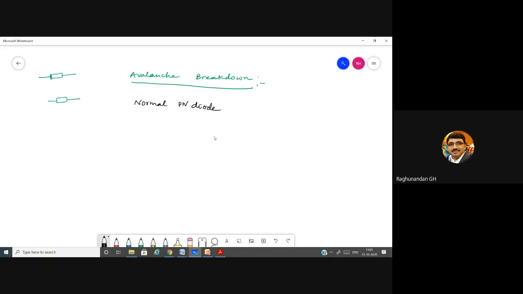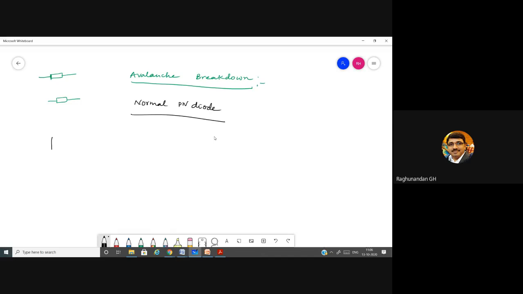In a normal PN diode, avalanche breakdown occurs, and if it occurs a little bit late, then we can use the diode for still more time. So to extend the lifetime of that particular diode, what they are going to do is